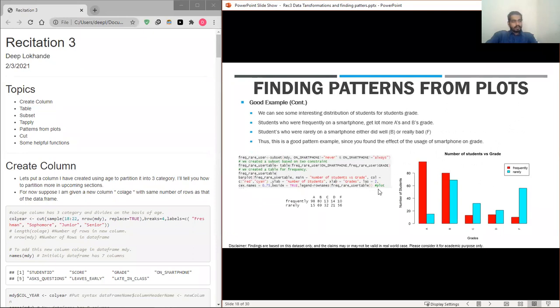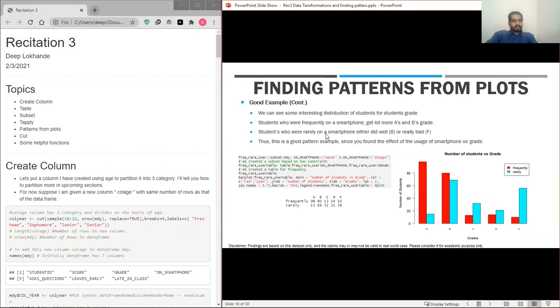This is the code for the example, and as we can see, we have extracted two rows, frequently and rarely, from the on smartphone category, and we have counted the number of students who get a particular grade. We can see from this plot some interesting distribution for the grades. First, students who are frequently on smartphone get a lot more A's and B's.